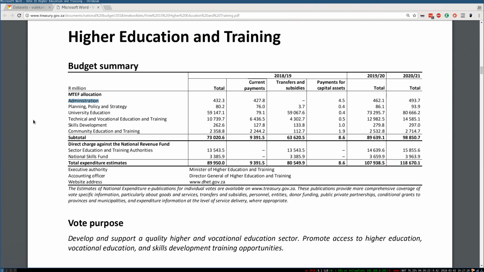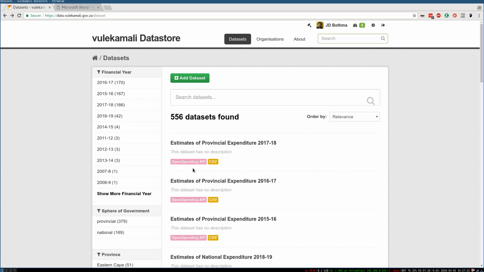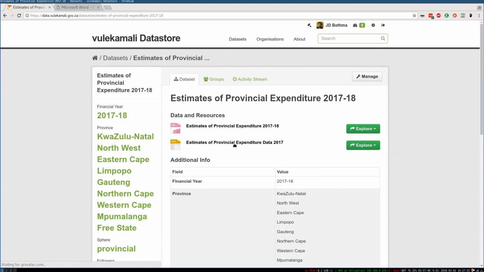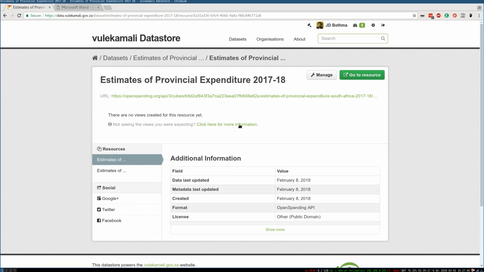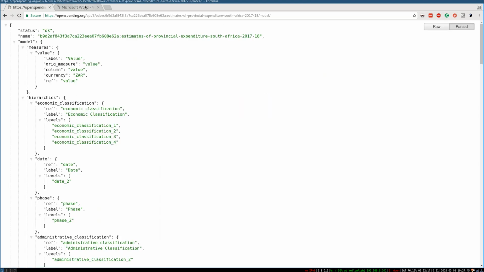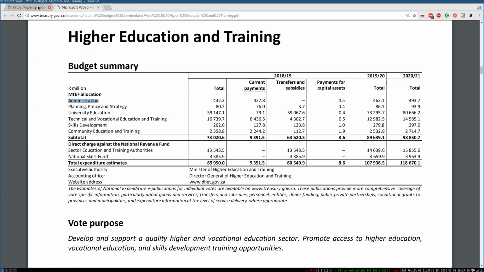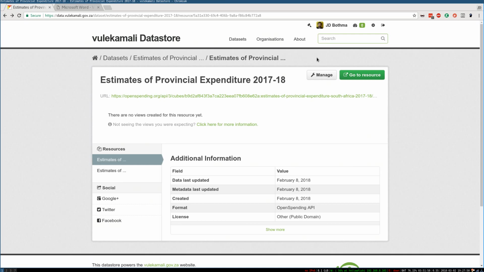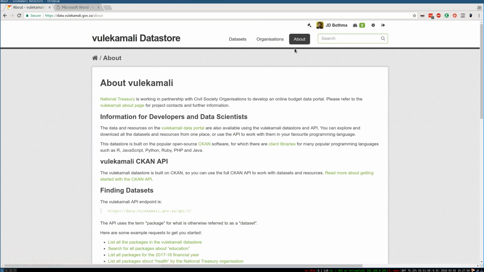For advanced users who want to use the OpenSpending API to programmatically access the expenditure data, you can open those links just in your browser, but those links really just take you to the endpoint for that. To learn how to use the OpenSpending API, we link to some example queries on the Vulekamali data store